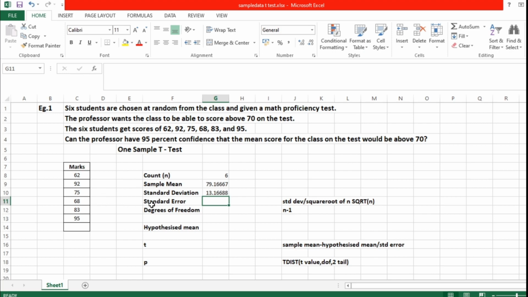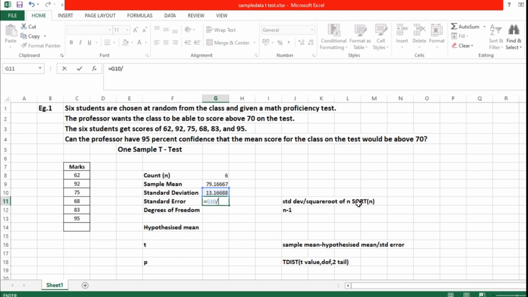The third step is I want to find the standard error. We know the standard error formula is standard deviation divided by square root of n, right? Standard deviation we have already found. So I'm going with equal to, taking the standard deviation value, then the division symbol, and the square root of n.